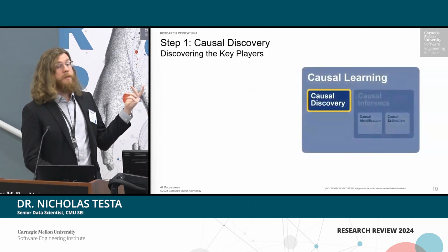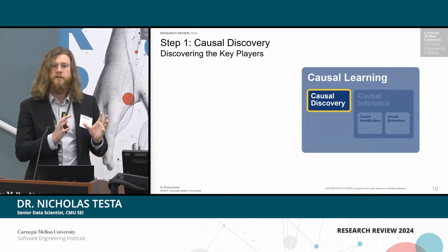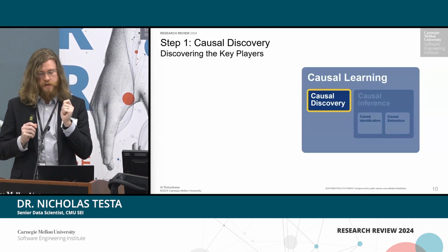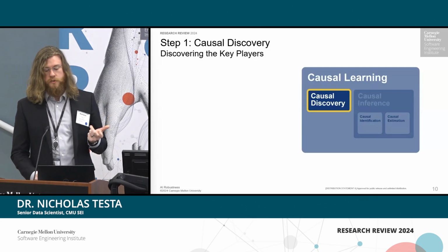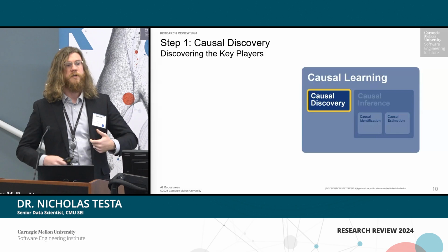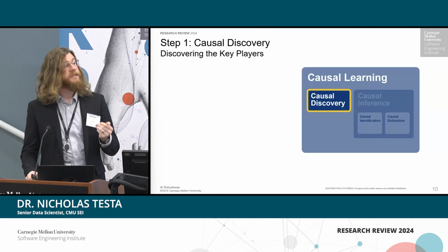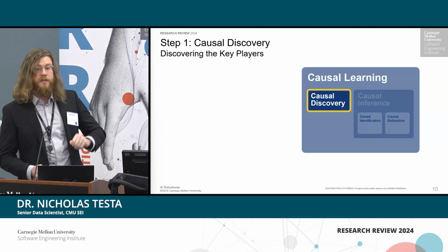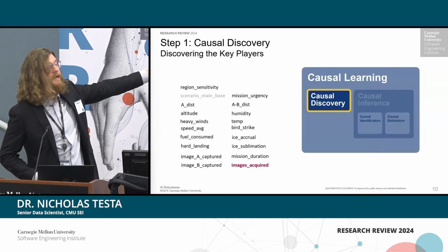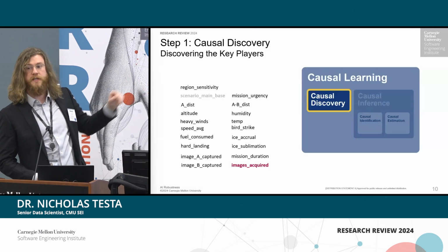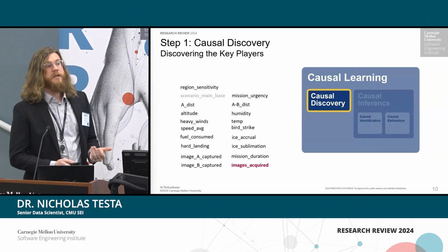The first step, like I mentioned, is causal discovery. This allows us to take our data along with what we call a knowledge file and some parameters to generate a most likely causal graph. The AIR tool applies state-of-the-art algorithms for causal discovery to output a most likely causal graph, and this can be improved by using that knowledge file I mentioned earlier. So we have the data file here. These are all the different variables that go into this, the features that are used in our machine learning model.